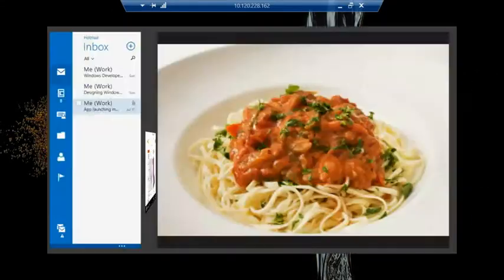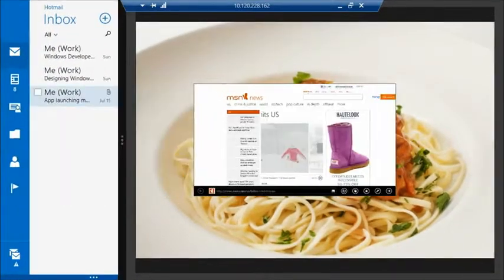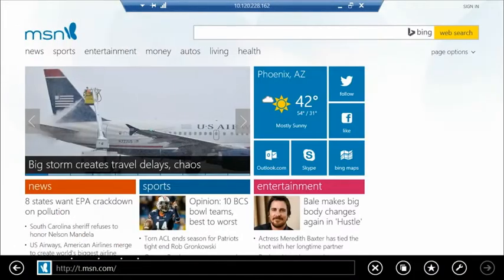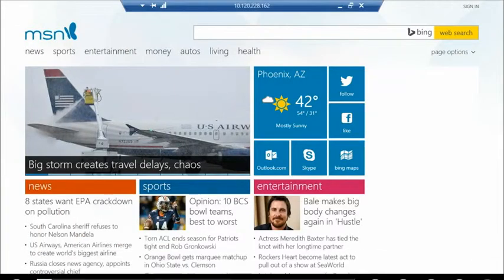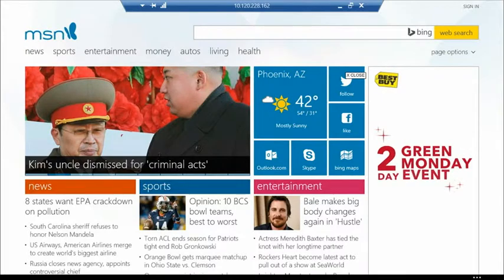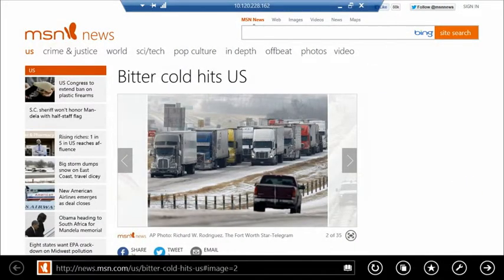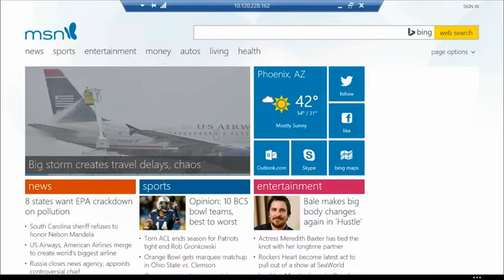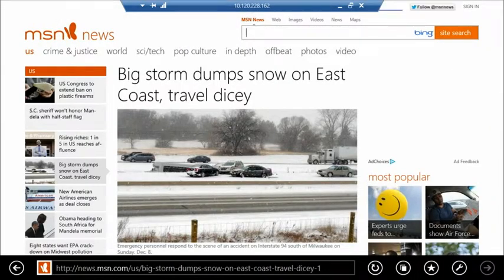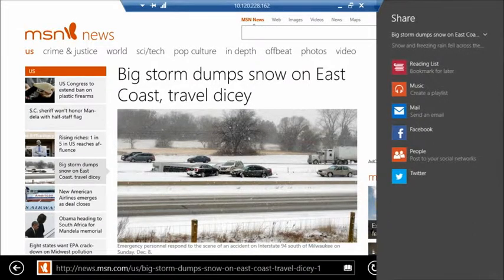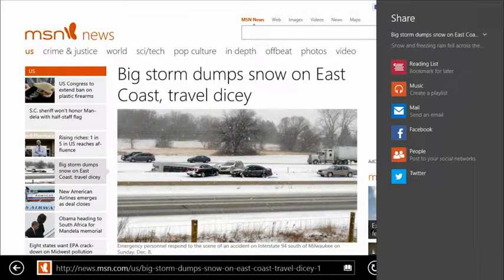Okay? If we go into IE, there's one more experience that I wanted to show. Let's go to the top of MSN. And let's see if we wanted to take a look at this story. Oops. Hit the back button there. About these big storms and stuff like that. And I wanted to share that with someone. We're going to talk about designing for share and designing for contracts. Here you can see that I'm just going to